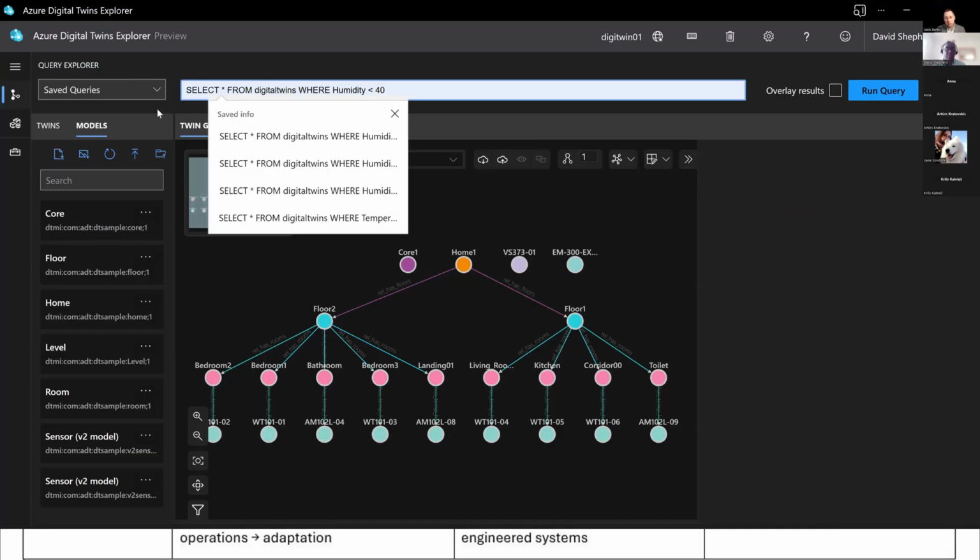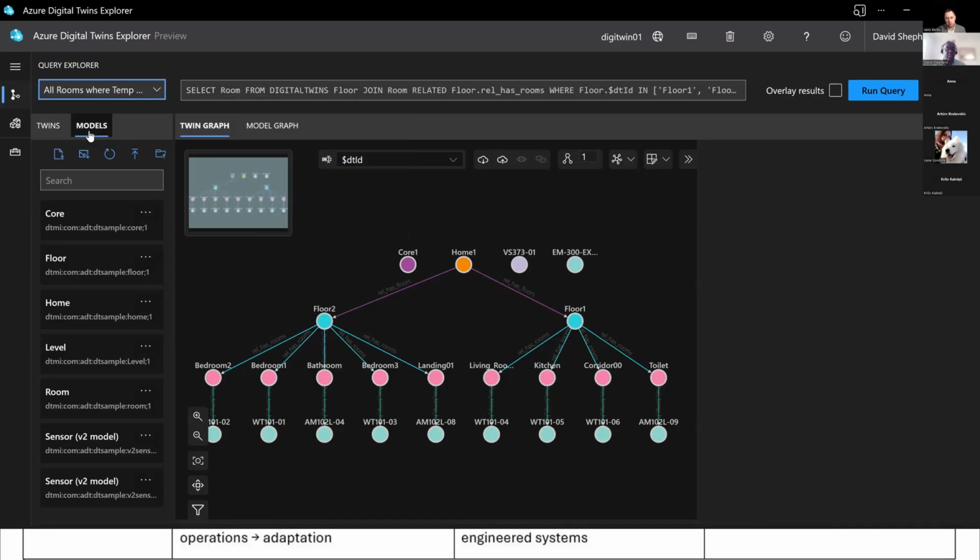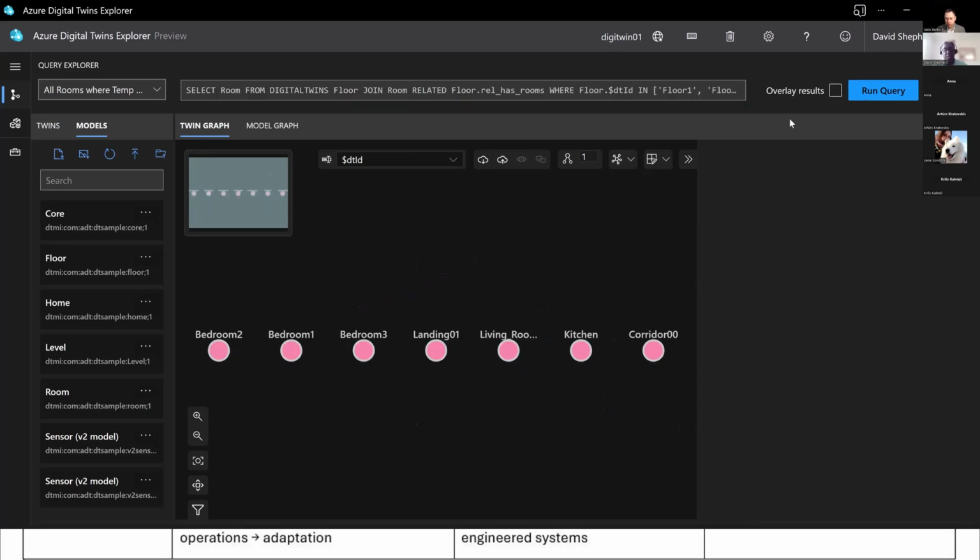Where it becomes useful, and I think this is really the powerful thing, is it's easy enough to do a very simple query. But if I said, I want to select the rooms from the digital twin on all floors where the temperature is above 19 degrees. Now, remember, this could be anything. It could be, I want to select across my entire portfolio air handling units where the vibration has reached a certain level. I run my query, and it's identified these rooms. I could say, maybe above 23 degrees. That's the power. With a BMS, it is very challenging to be able to interrogate a twin model in this way.